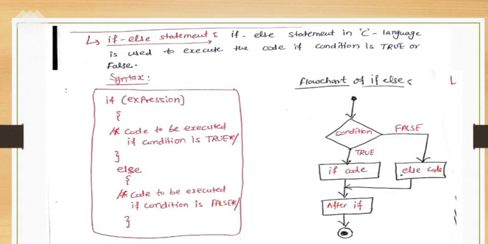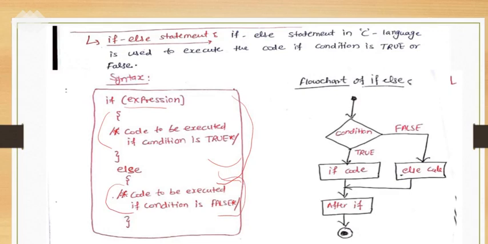So basically, there is a difference between the if else statement and the if statement. What is it? The if statement only checks the condition. If it is true, then only it executes the block of statements written in between the curly braces. If it is false, then it comes out and reads the statements written in the else part,